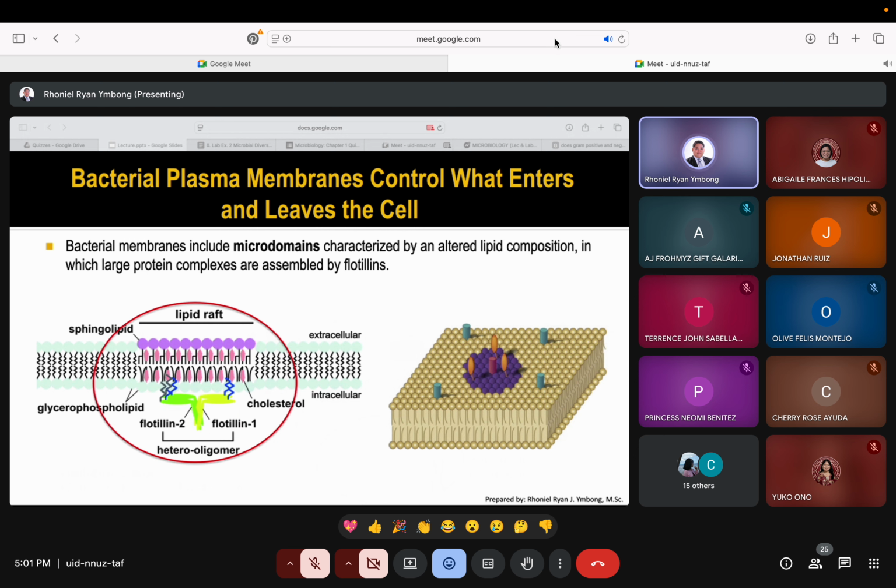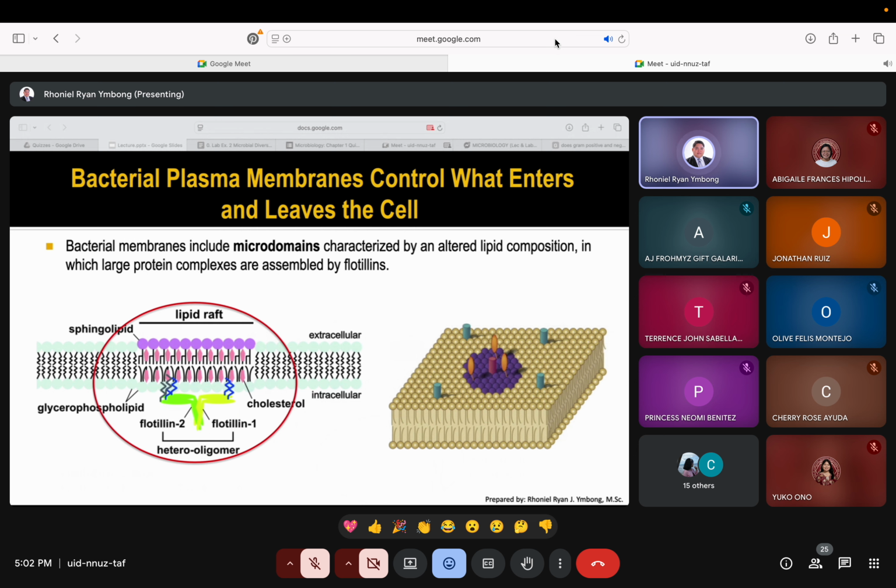And the mosaic part pertains to the proteins present in your plasma membrane. You have the phospholipid and you also have proteins scattered around in your phospholipid